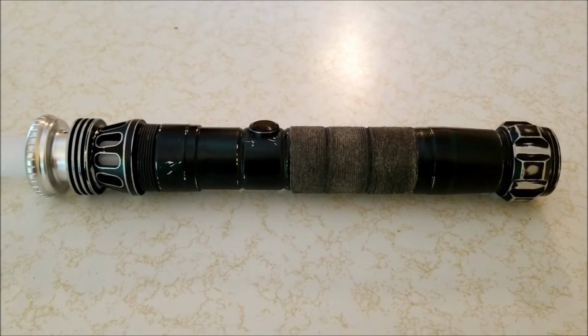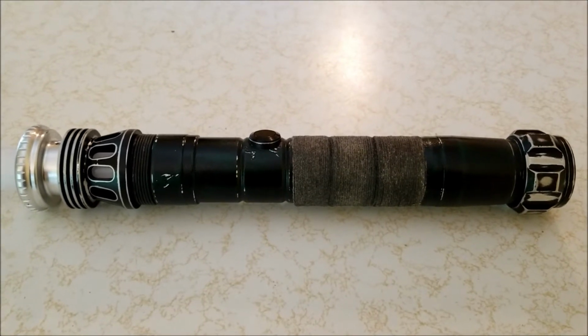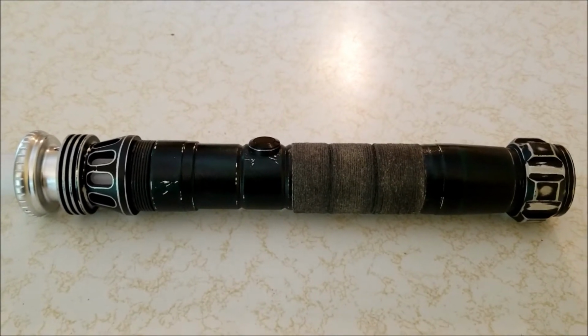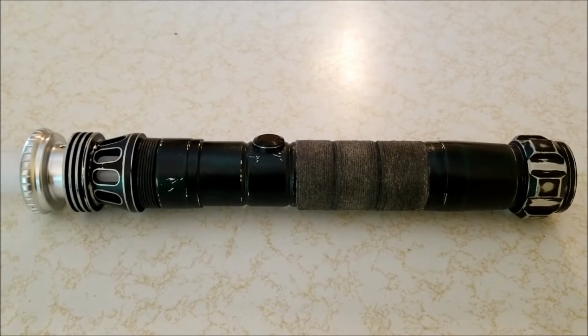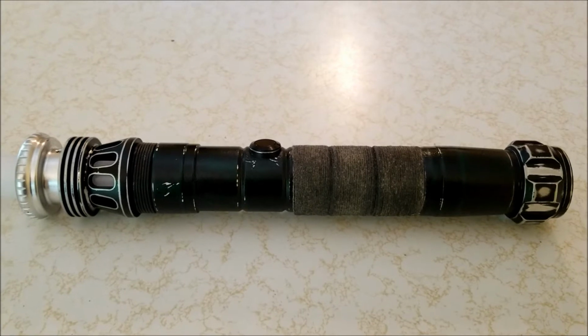What you're looking at right now is pretty much my favorite saber. It used to be, and kind of still is, a Manticore. You have to bear with me, I have to tell a little bit of a story. I know people aren't always fond of stories, but I bought this thing off of